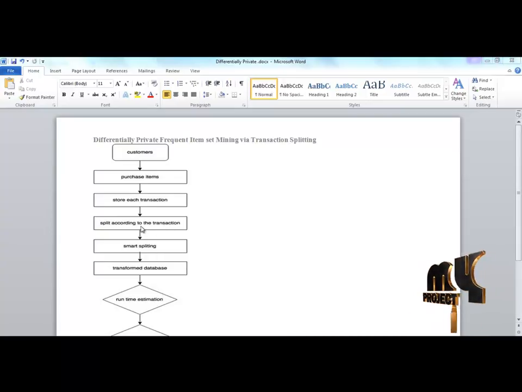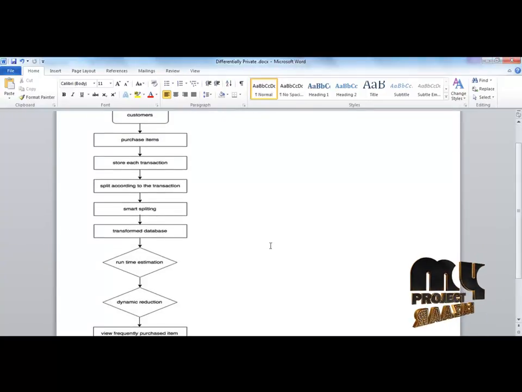After splitting the transaction, it goes to smart splitting. Smart splitting splits each transaction. Then each transaction is transformed into the database. After the completion of this process, it goes to runtime estimation. Runtime estimation is complete, and then it goes to dynamic reduction.